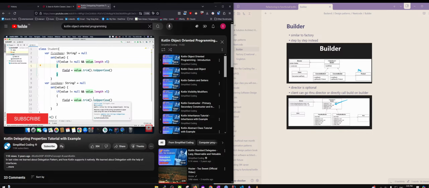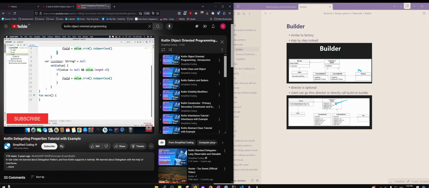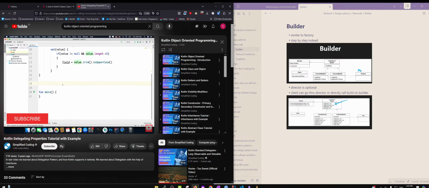So let's see how we can delegate this responsibility to another object. To do this, we will create one more class. I will create another class here, and let's say it is named NameDelegate. You can name it